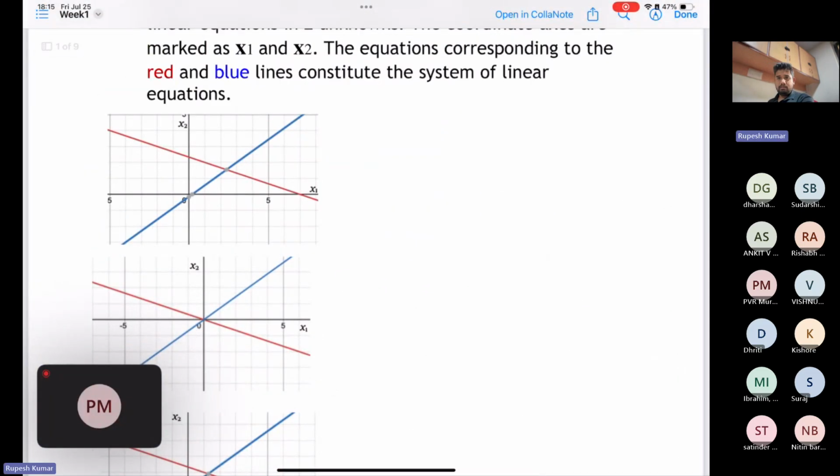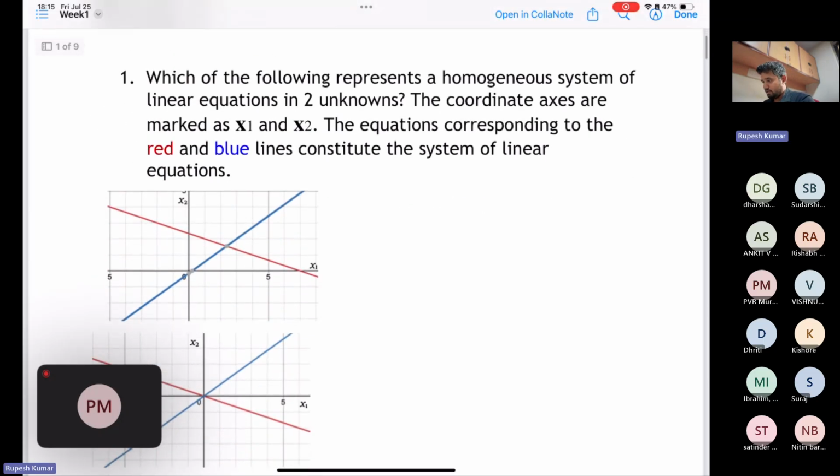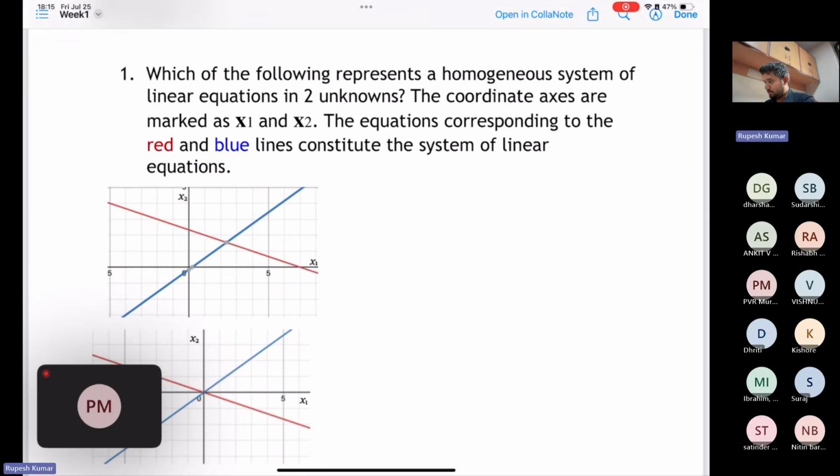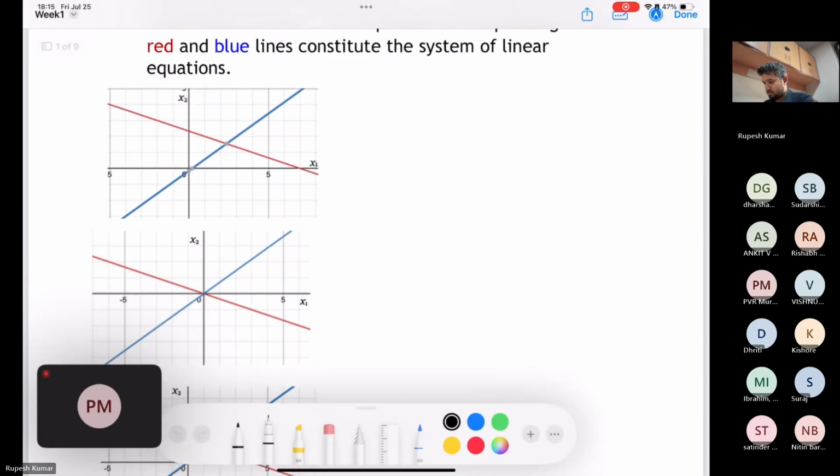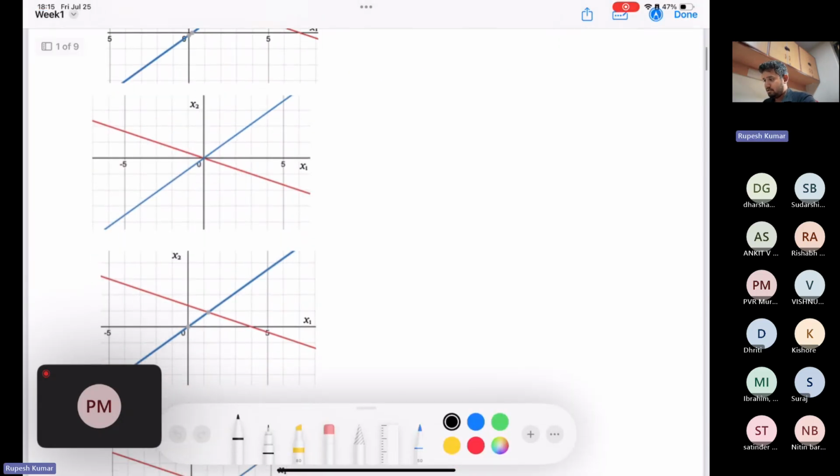So we are done with the first problem. So yeah, which of the following represents a homogeneous system of equations? The solution is option B. So this is the right answer. Fine. So a system of equations is said to be homogeneous if you can write